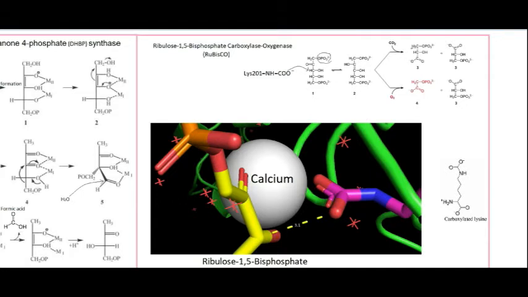But this is the carbon fixation that plants do. And the reason this is interesting is because rubisco is an incredibly ancient enzyme, and it's also the most abundant enzyme on the planet Earth. It's the enzyme that plants use to take the carbon dioxide that they breathe from the atmosphere and affix that to this ribulose 1,5-bisphosphate, and turn it into these 3-carbon species here, which can then go on to become sugar. And so that's an extremely important